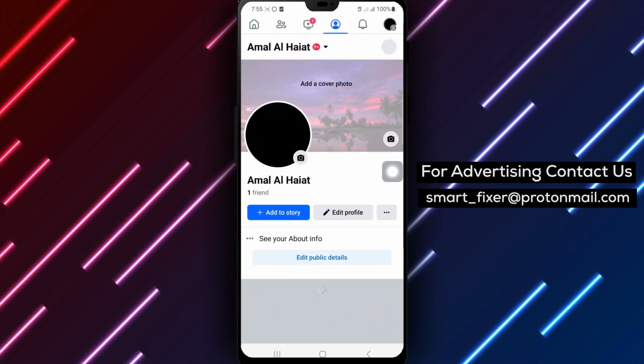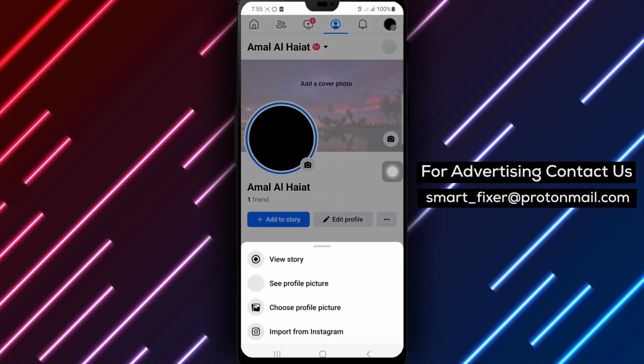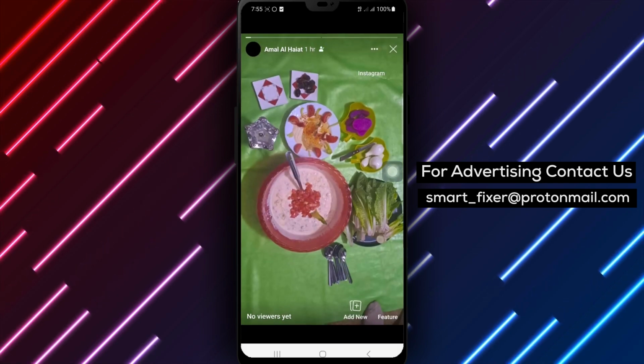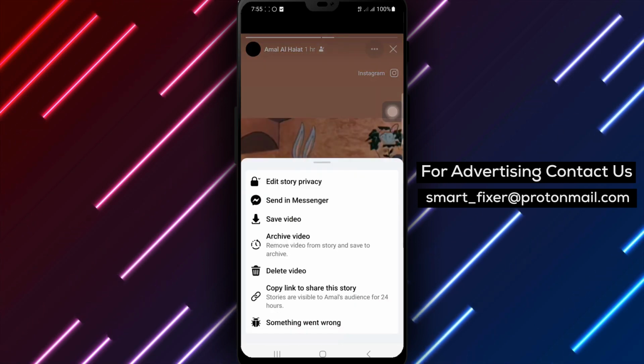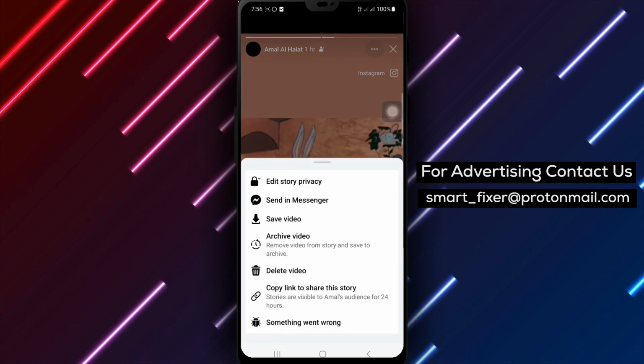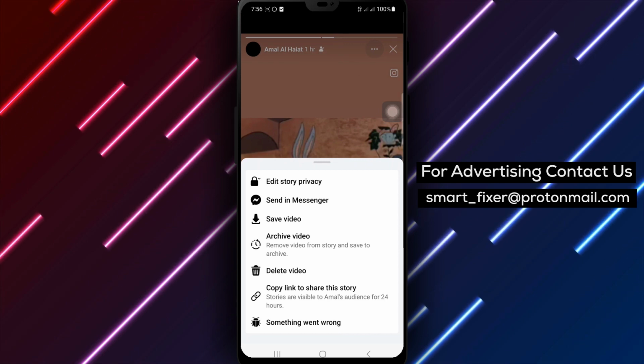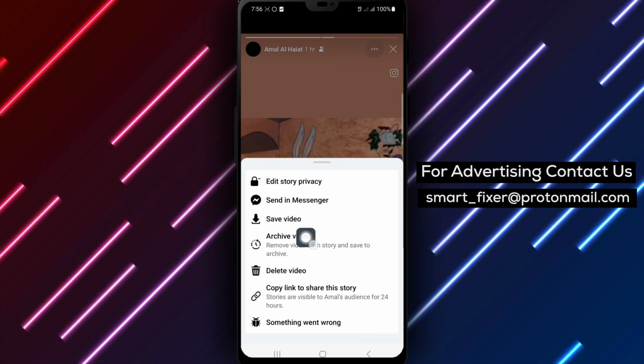Step 3. Look for the 3 dots icon located at the top right corner of your video story and tap on it to reveal additional options. Step 4. From the options that appear, tap on Archive Video to move your video story to the archive section